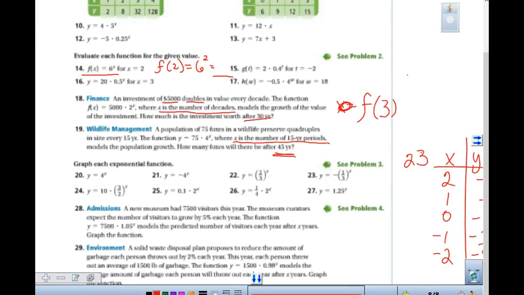I am going to hand back your quiz to those of you that took it and those of you that did not. We need to try and get you